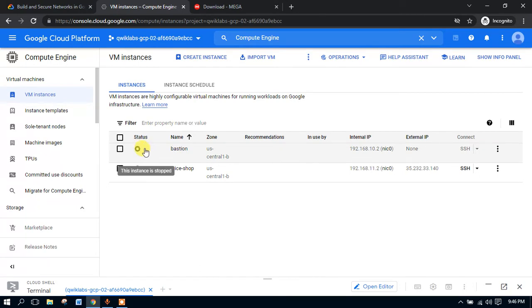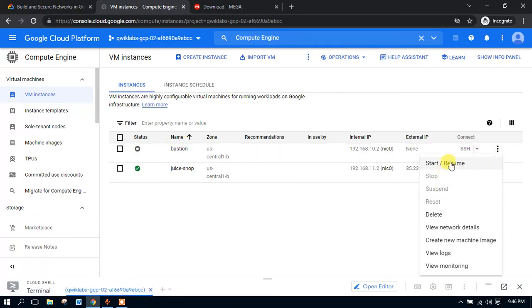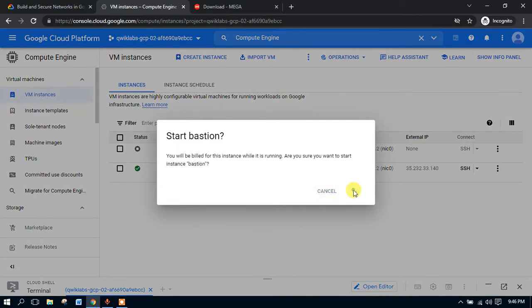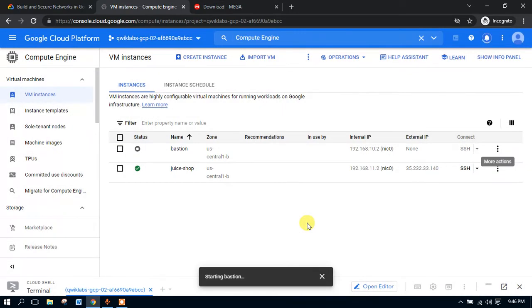Okay, so this instance is stopped, we need to start it. Just go step by step. Click on start and resume, click on the start button, and it will automatically start the bastion instance as soon as possible.